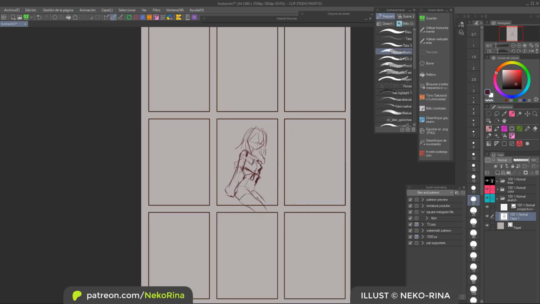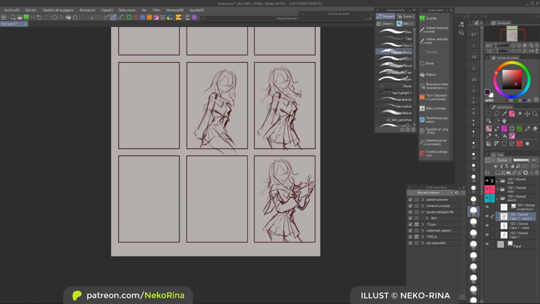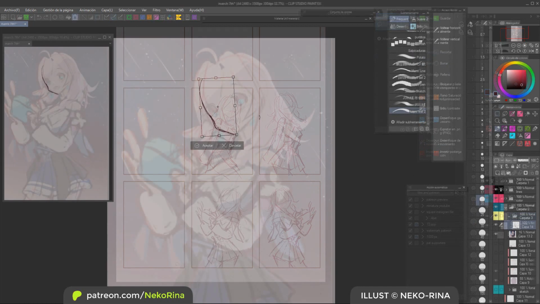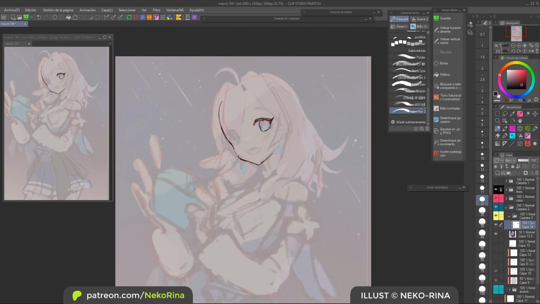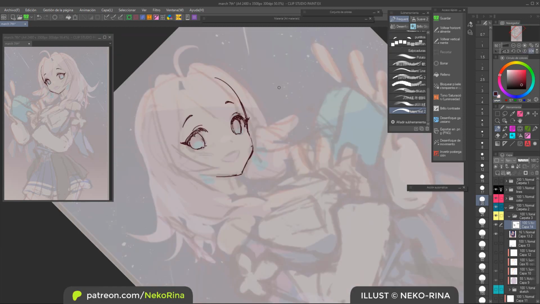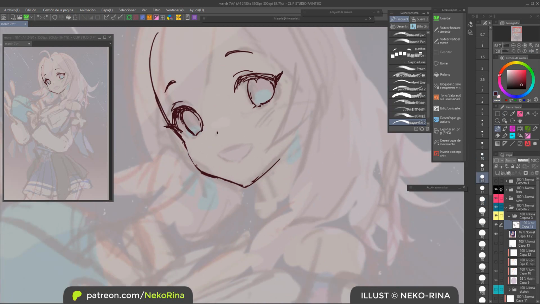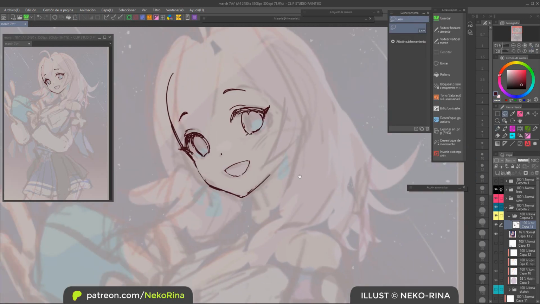Today we're diving into a fun and educational topic, the difference between cel shading and soft shading coloring styles. For that, I'll be working on a fan art of March 7th from Honkai Star Rail, while I chat with you about these techniques. And why this picture in particular? What does it have to do with coloring styles? It will make sense in a moment, you'll see. Feel free to grab your sketchbook or tablet and draw along with me right away.